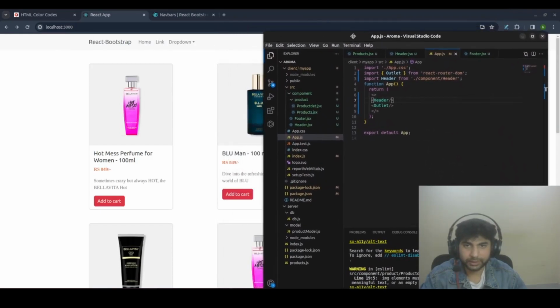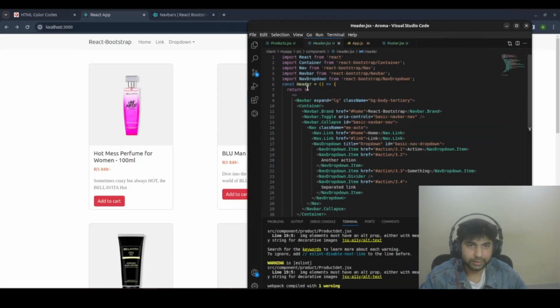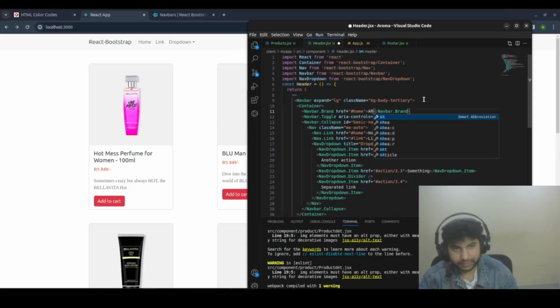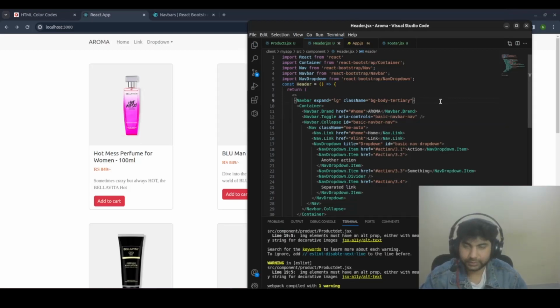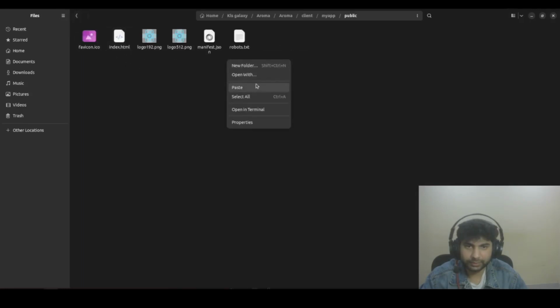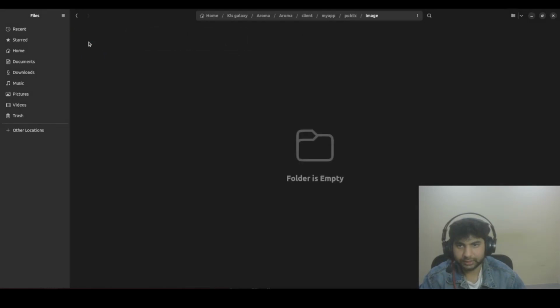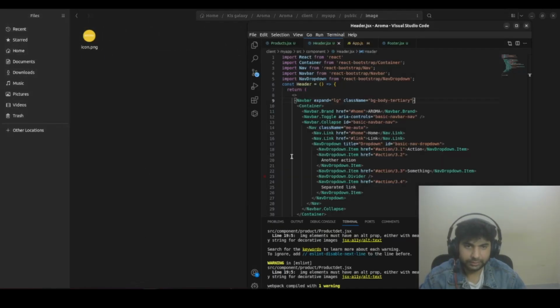Now what I require here, I will import one image also. Instead of writing React Bootstrap, I will write Aroma, and I have a logo of Aroma. In the client, I have a public folder, and I will make one new folder. The name is image, and paste it over here, and